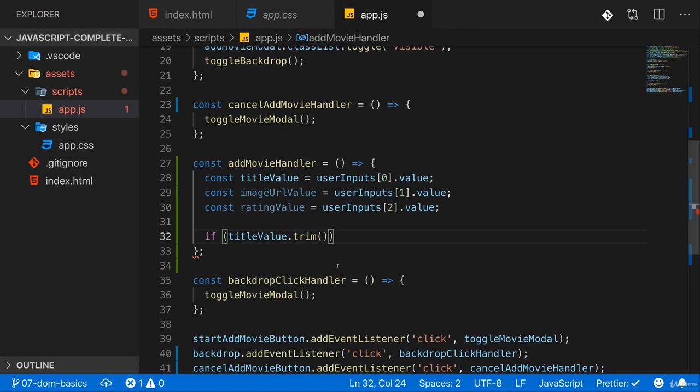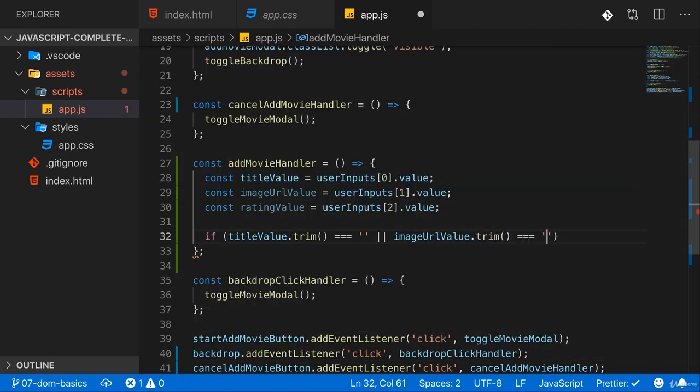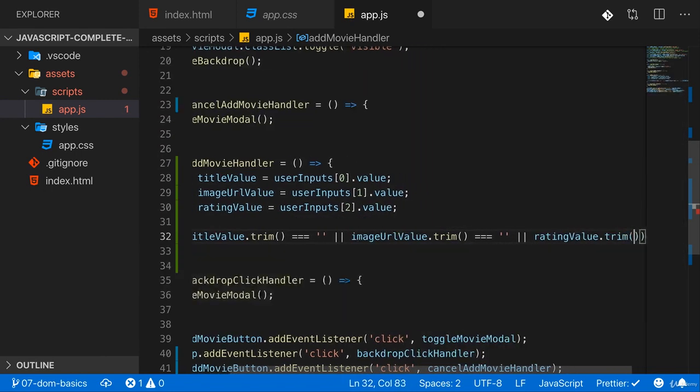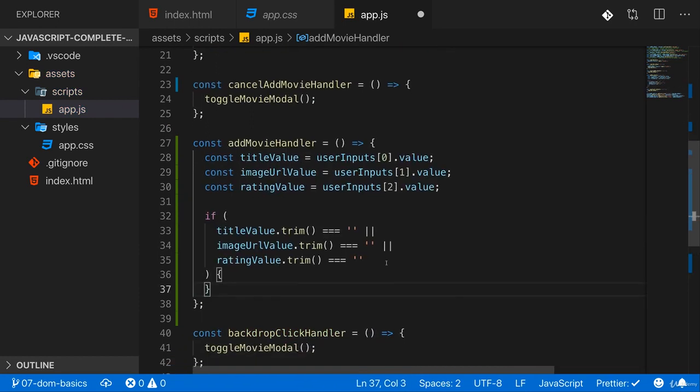So if the trimmed value, so the value which is corrected for all excess white space, if that is equal to an empty string, or if image URL value, if we trim that, is equal to an empty string, or if the rating value, if we trim that, is equal to an empty string, then we certainly have an invalid input,